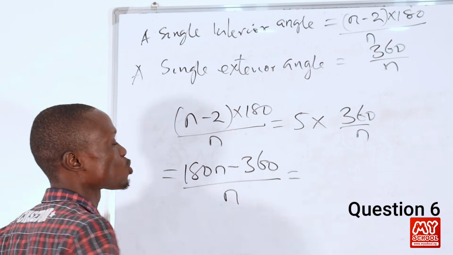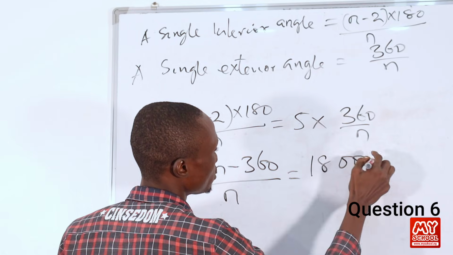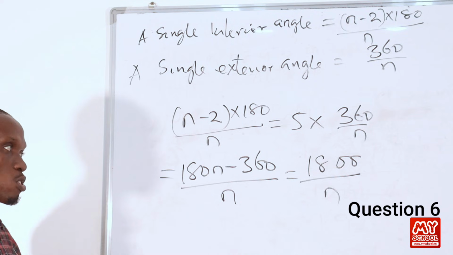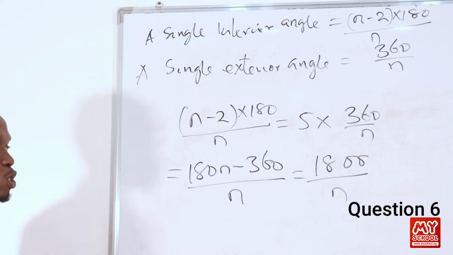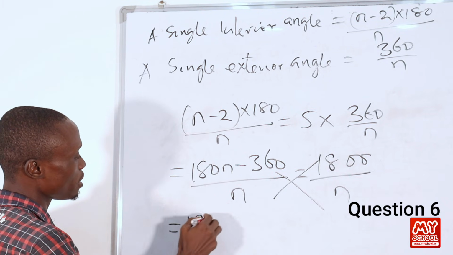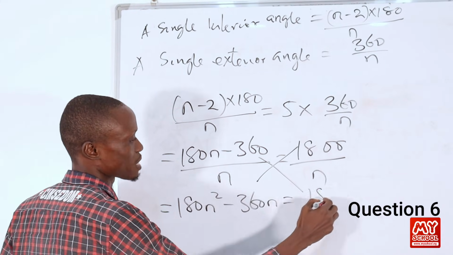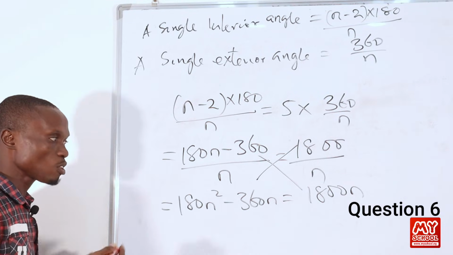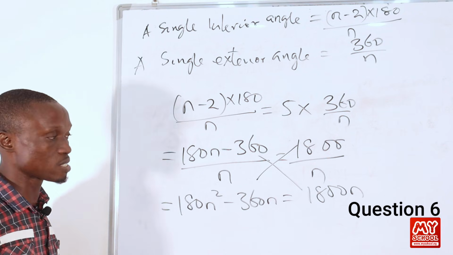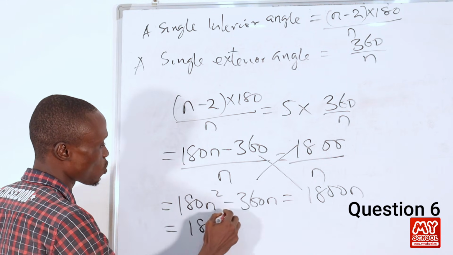Of course, this will multiply out 5 times 360, so that will give us 1,800 over n. Whenever we have two fractions like this, we simply cross multiply. If we cross multiply, this will give us 180n squared minus 360n is equal to 1,800n. We have like terms here, so we simply collect like terms. We are going to move 360n to the other side. So this becomes 180n squared is equal to